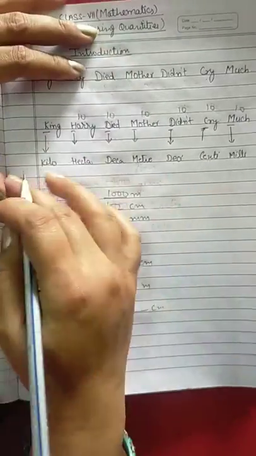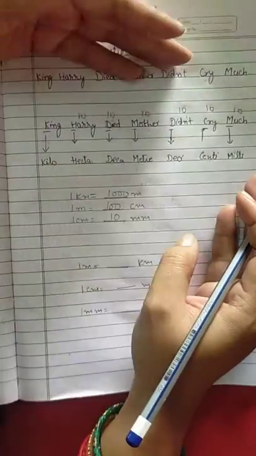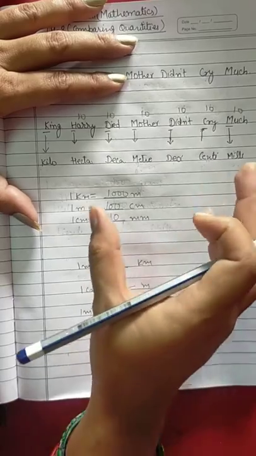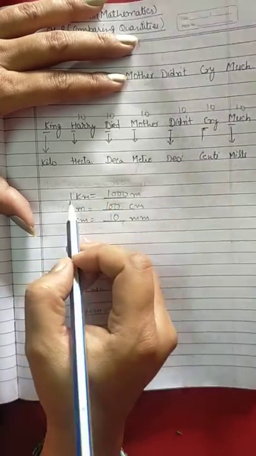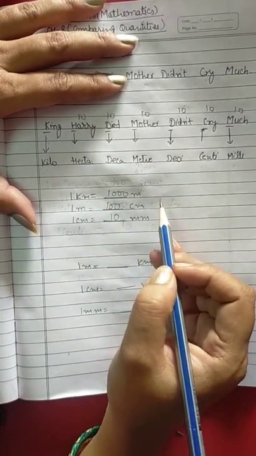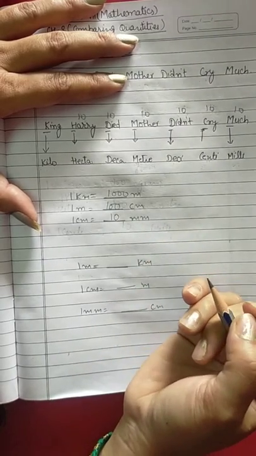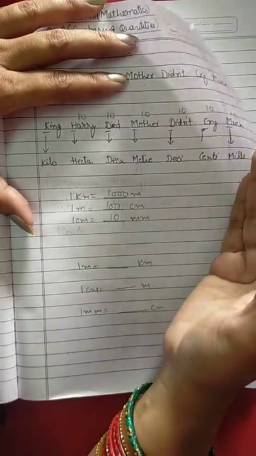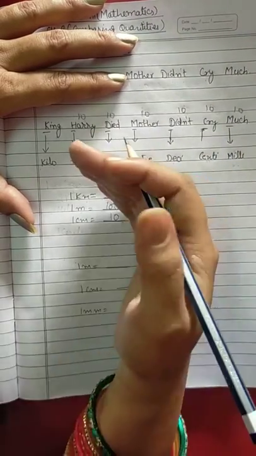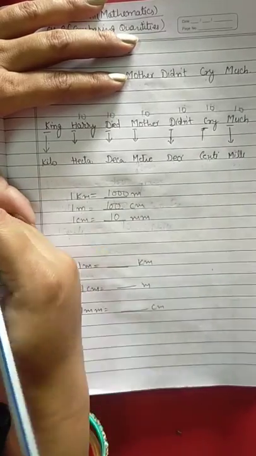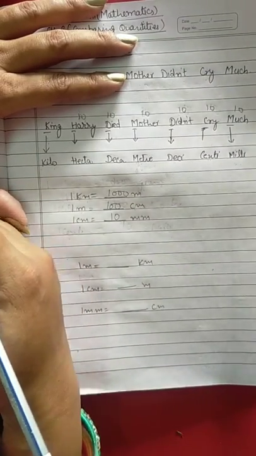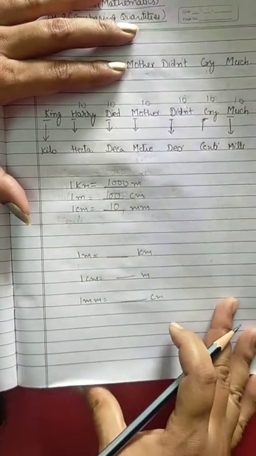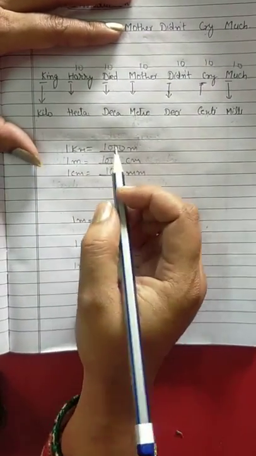So in this way, with the help of this table and this line, you can compare which one is equal to which. Just remember, when you move from greater to smaller, we always multiply. With the same criteria, if I want to find what 1 milliliter equals, we will divide. When you move from smaller to greater, we always divide.